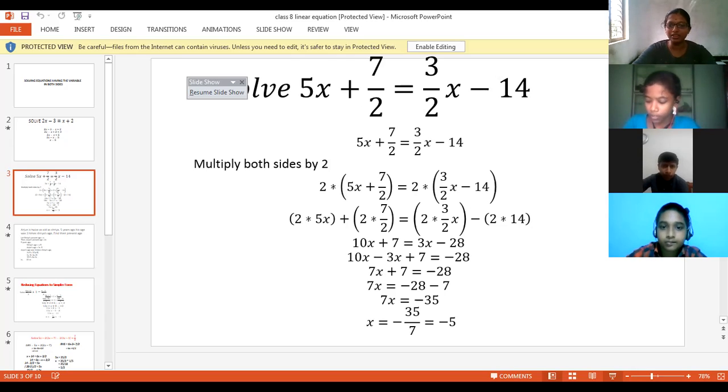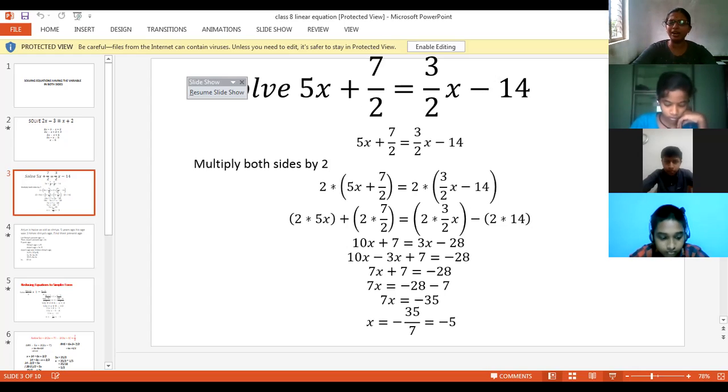Okay. Then what happened? By multiplying LHS and RHS with 6, we get like this. That is 6 into 6x plus 1 by 3 plus 1, and we have to multiply this 1 with 6 also, because this is also in LHS. That's why 6 into 1 is equal to 6 into x minus 1 by 6.